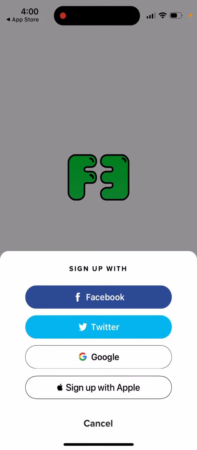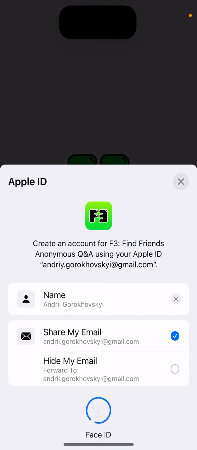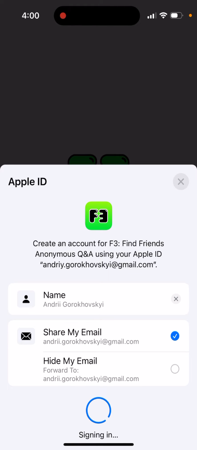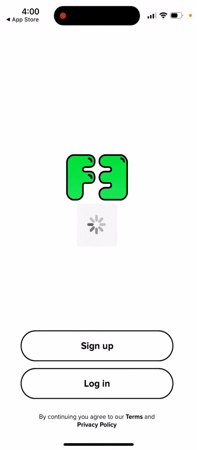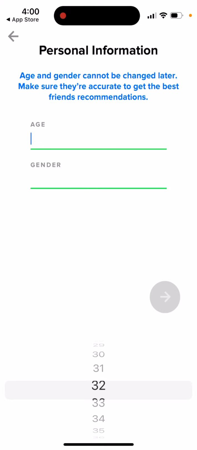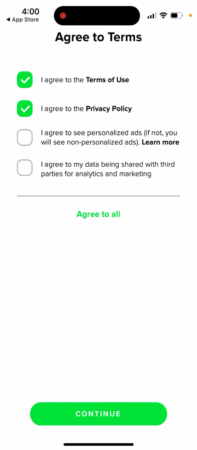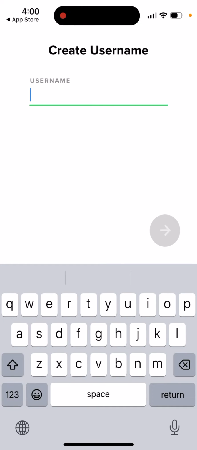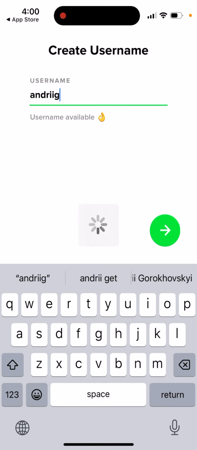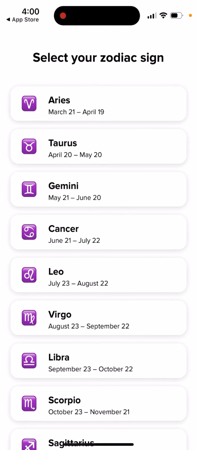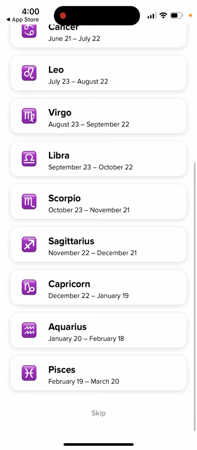So yeah, it's one of the alternatives to this NGL app where you can just, let's just try to sign up. You have a lot of options to sign up, so super easy. And then you just add, for example, your age, you can add your gender, and then create terms of use. And then you just add your username. Profile pictures, select your zodiac sign,